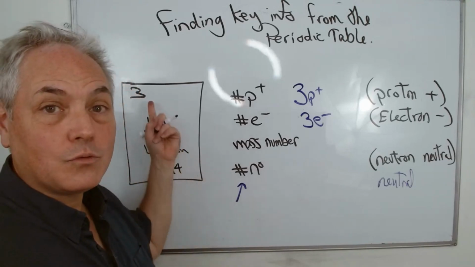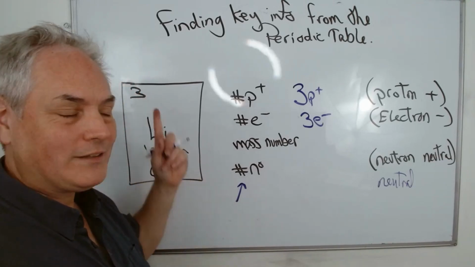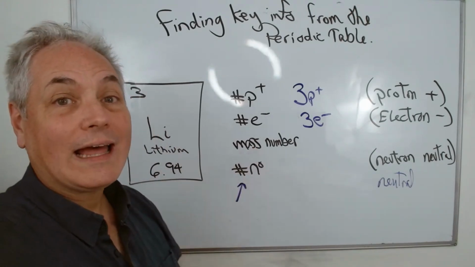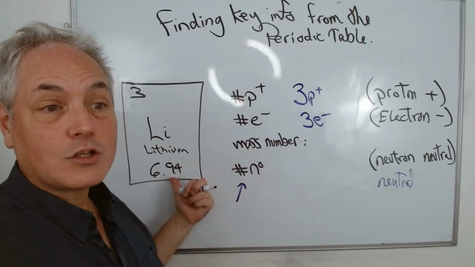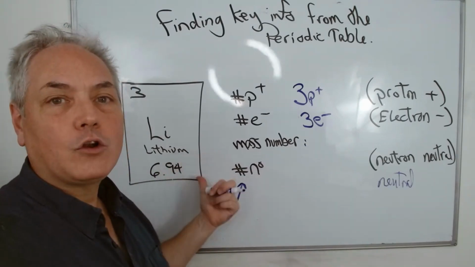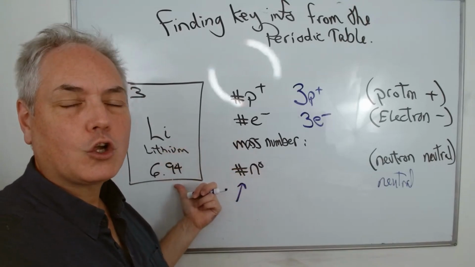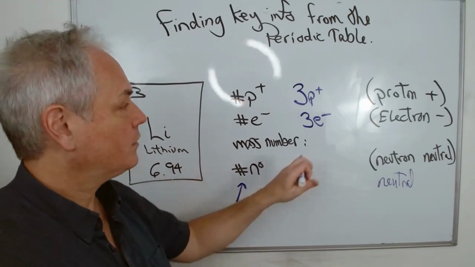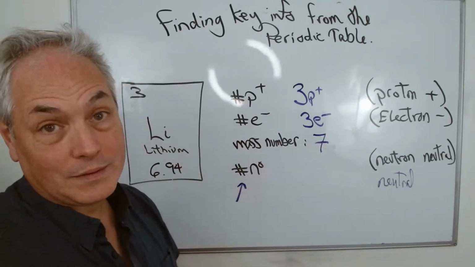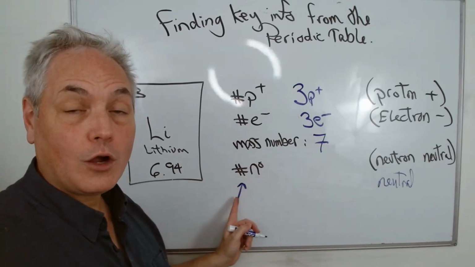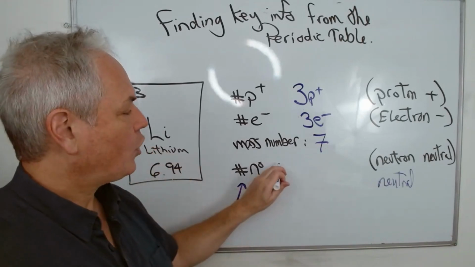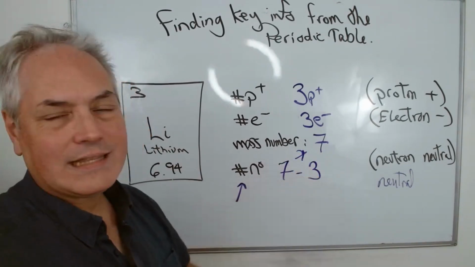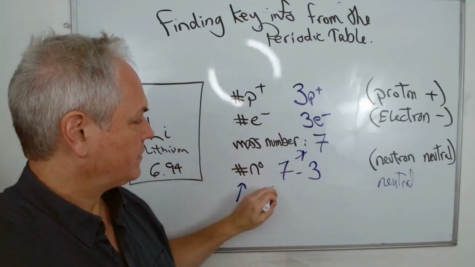So here, if I have lithium with an atomic number of 3, there you go, and the atomic mass of 6.94, first thing we're going to do is look at the mass number. The mass number is always here in grade 9. We're going to round this number to the closest integer or the closest whole number. Because we have 6.94, the mass number here will be 7. Now this will be useful because the number of neutrons when we think of an atom is always the mass number. And we take away the atomic number or the number of protons, and that gives us